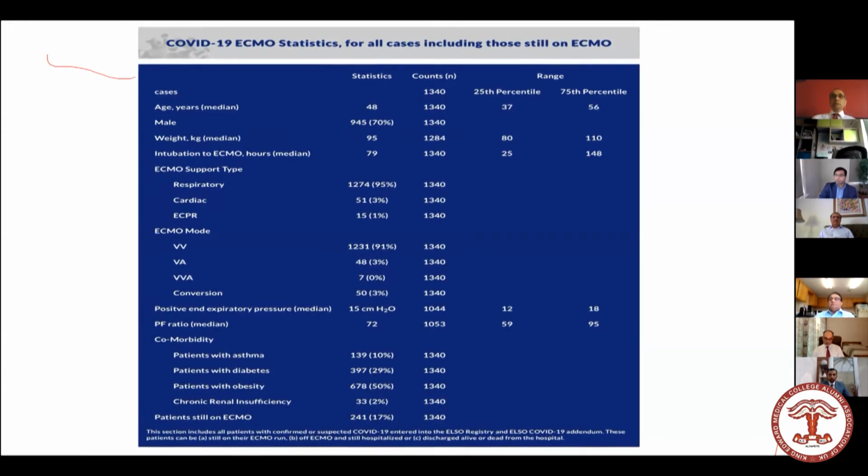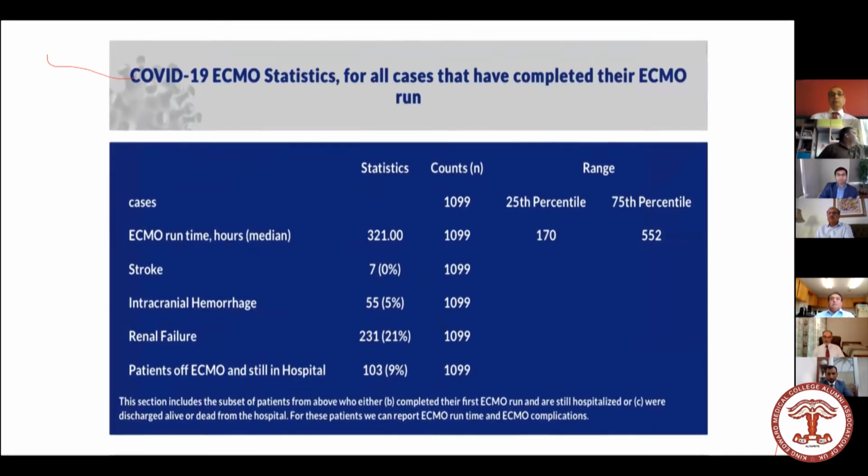And that is very important, as we have seen in our center as well, that you should put them on ECMO early. There was only one patient who was placed at about day 7 or so, and we felt the outcome was not that good. Most of these are because of respiratory failure, and the majority of them are VV ECMO. There are only 3% in the ELSO registry who are on VA ECMO, and that just entails that they have some cardiovascular compromise as well. If you look at the comorbidities, they're not significant. Asthma, diabetes, obesity, there's no organ failure which would decrease their life expectancy.